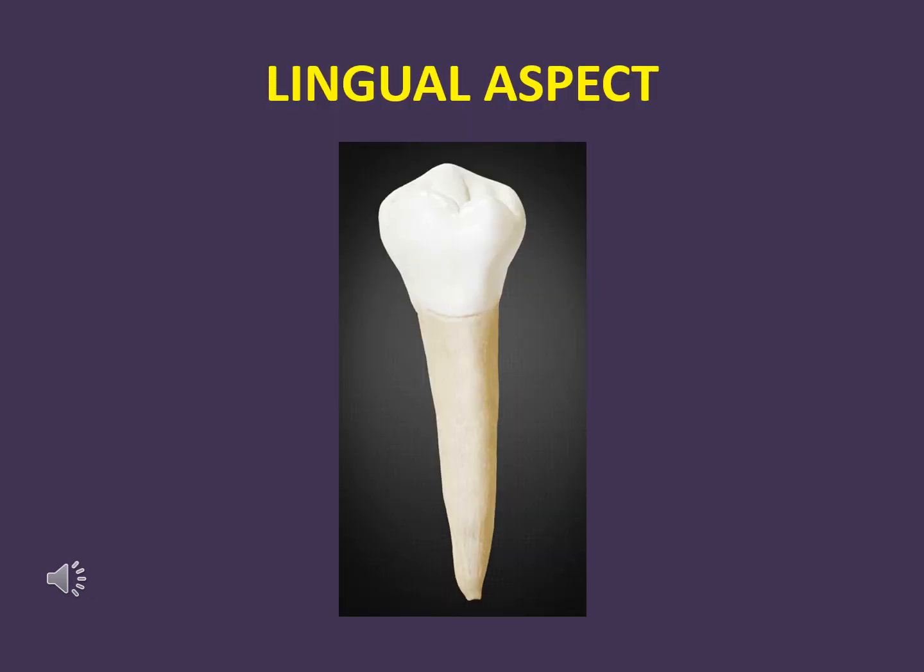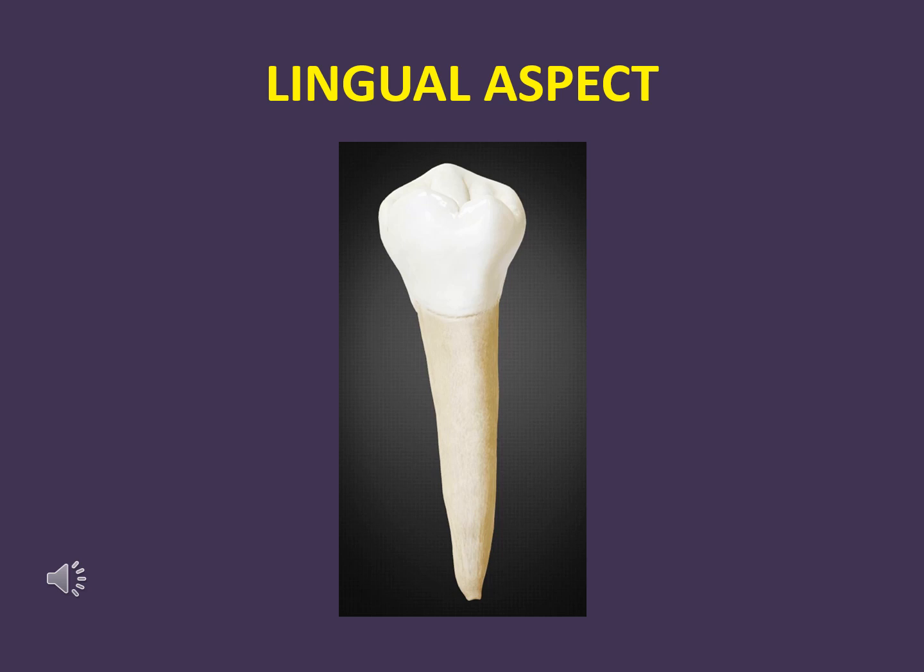See the lingual aspect. From this aspect, the second premolar exhibits considerable morphological variation from that of the mandibular first premolar. A difference can be observed in the cusp type itself, because the mandibular first premolar has a two cusp type, whereas the mandibular second premolar has a two cusp type as well as a three cusp type. The lingual aspect is narrower than the buccal aspect, but the degree of convergence is not as prominent as you see in the mandibular first premolar.